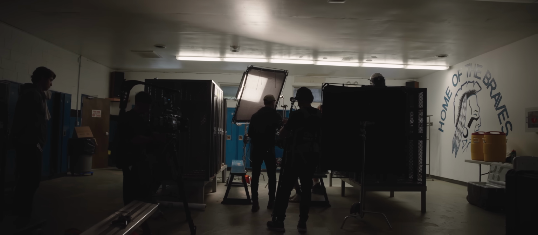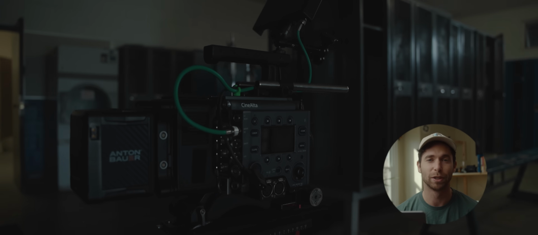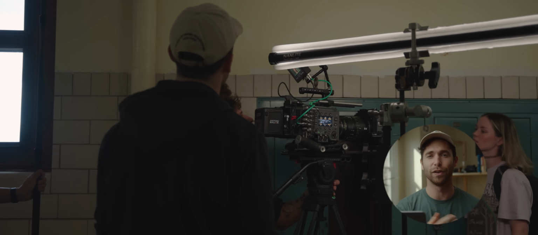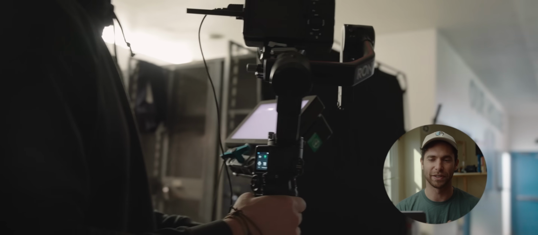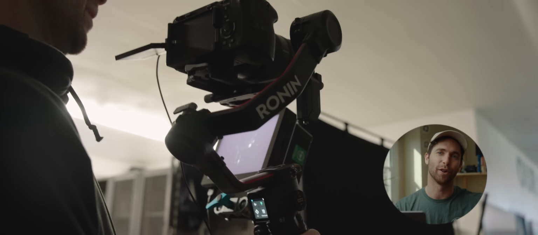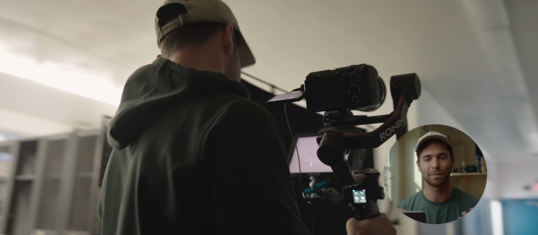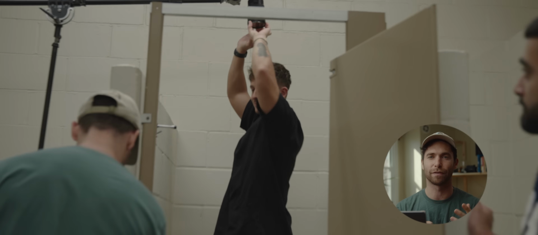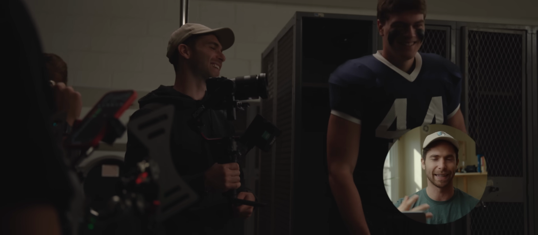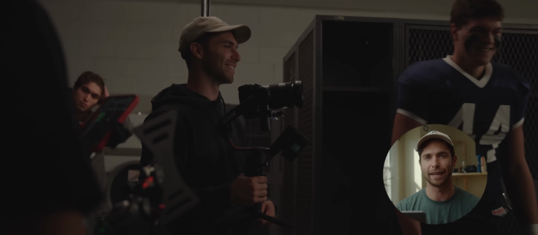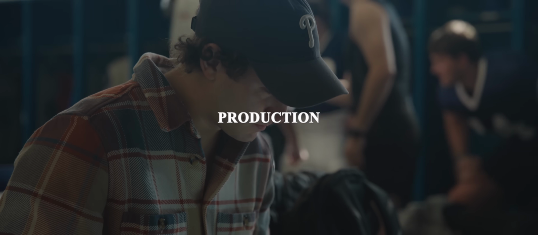Gear, if you watch the BTS video, we shot pretty much the majority on Carlo's Sony Venice that he owns, which is sick that he owns it. And then on specialty shots, we used my Sony FX3. Carlo has an FX3, and we just kept it simple. I really like that workflow. The cameras match really well, and we're not spending too much time trying to get the Venice on a steadicam.